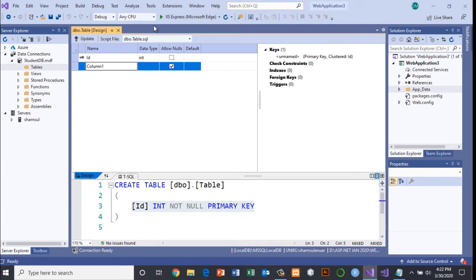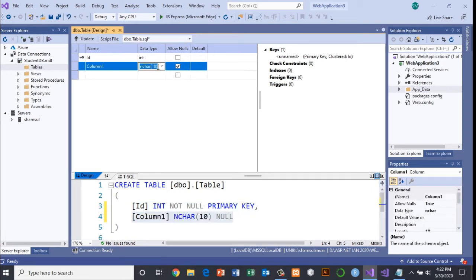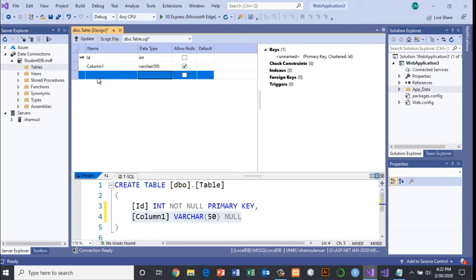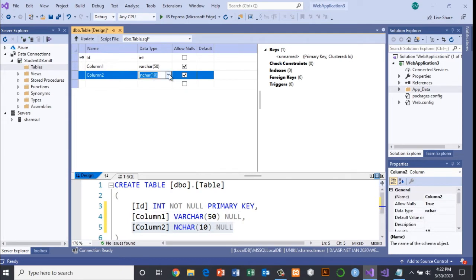We have column 1. Here you can select the different data types. Column 1 depends on what you want. For example, let's say this is a varchar. Now this is column 2.